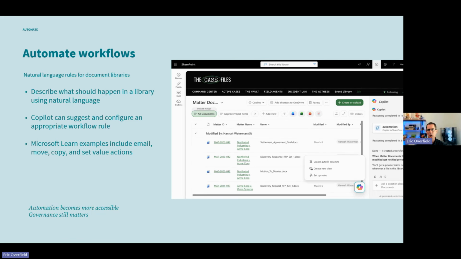Copilot in SharePoint can help set that scaffolding up for you to validate and maybe extend if you need to. So really, the big headline here is that Copilot in SharePoint can help make automation more accessible. You just don't need to be that workflow expert to be able to create the workflows. But